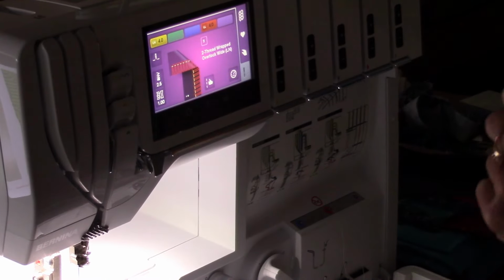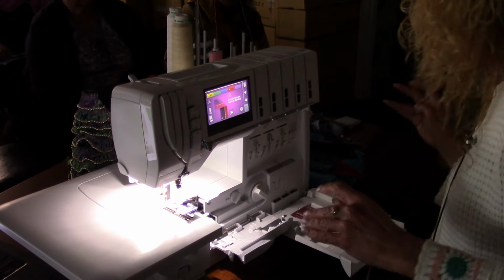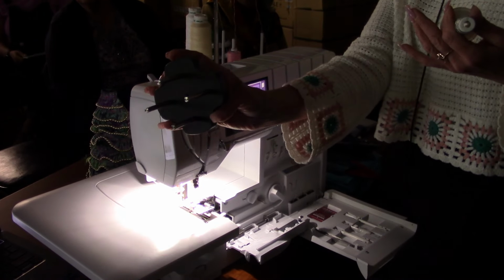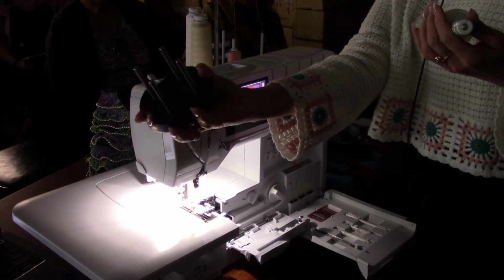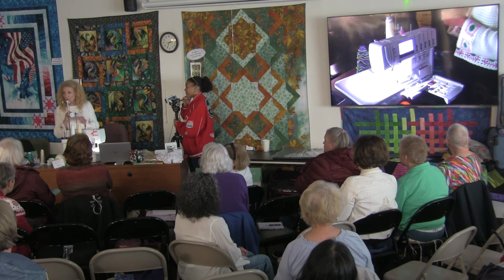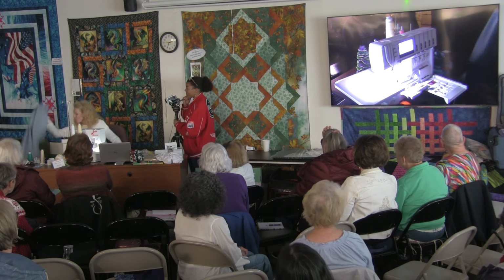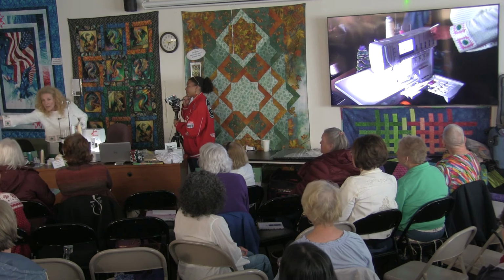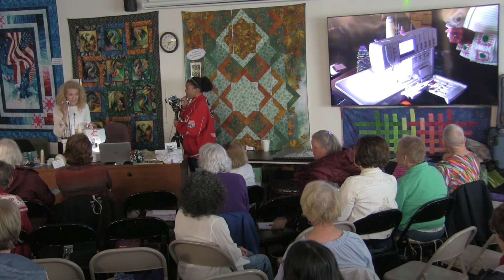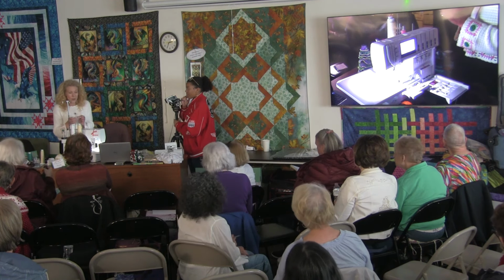Now, I'll use the same threads if I brought them over. Okay, so I'm going to use this little thread fusion disc. This is a way that we can use multiple threads and blend them all together. And this is where we could use 5 spools of embroidery thread. If you look at this skirt that's going to come around, this is a cover stitch, but it has 5 embroidery threads that were all fed through exactly this same way. So if you have some decorative or embroidery threads,